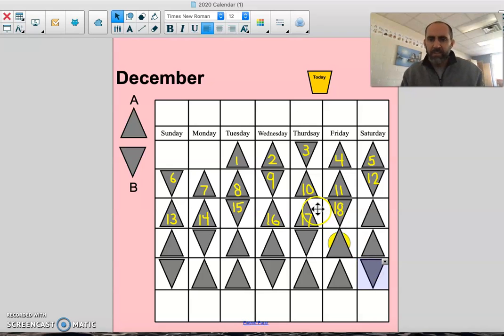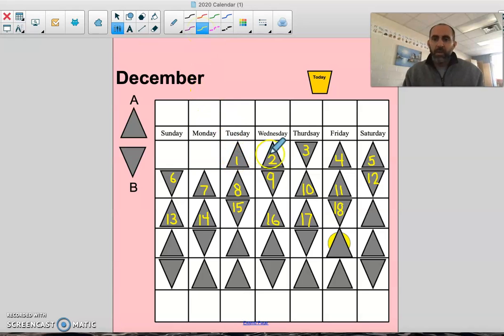So now we need to start filling in the dates. We're going to go all the way up to the 31st because December has 31 days. So let me get my marker out here. And we got a lot of numbers to write. So let's start here and we'll count up and then we'll fill in the numbers. So what we'll count, I'll say it. If you can say it along with me, that would be great. 1, 2, 3, 4, 5, 6, 7, 8, 9, 10, 11, 12, 13, 14, 15, 16, 17, 18, and after